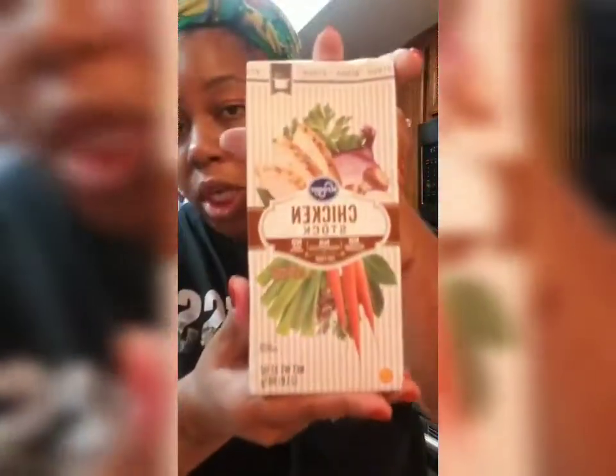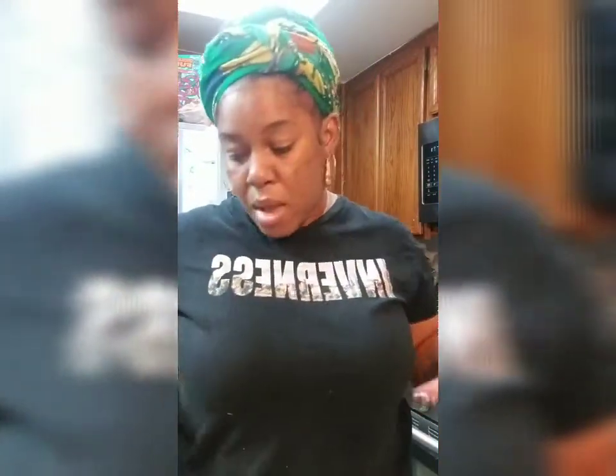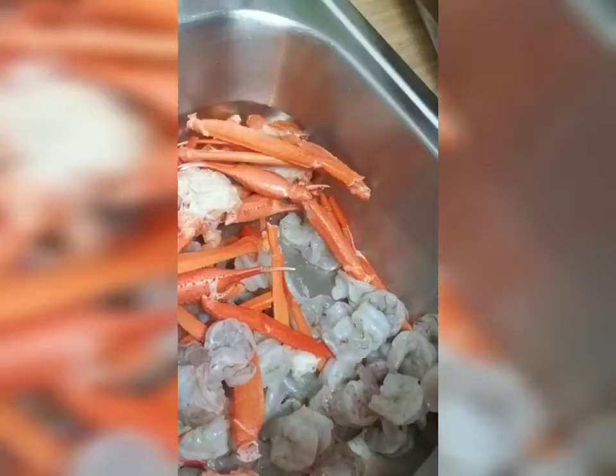Also going to use some chicken stock. I'm not going to make my own chicken stock, even though I could, because I will be cooking this chicken. I could boil this chicken and put all these things inside of it and bust it down, but I'm just not going to do that. I also have, let's see,